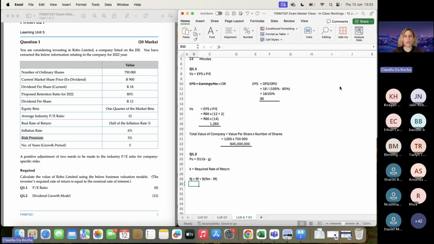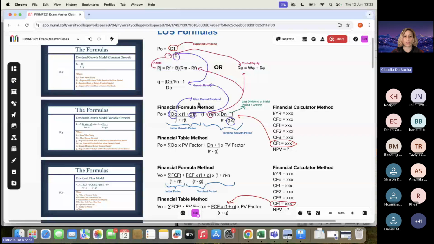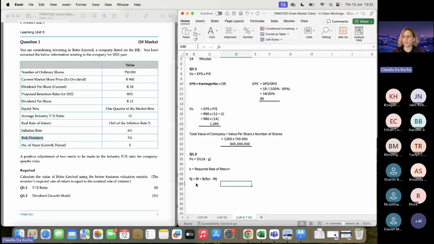Okay, so we know we've got that formula. So we've got RF plus BJ times RM minus RF. Great, so we've got the formula. Now we can answer the question. Okay, what do we have? Okay, so our risk-free rate